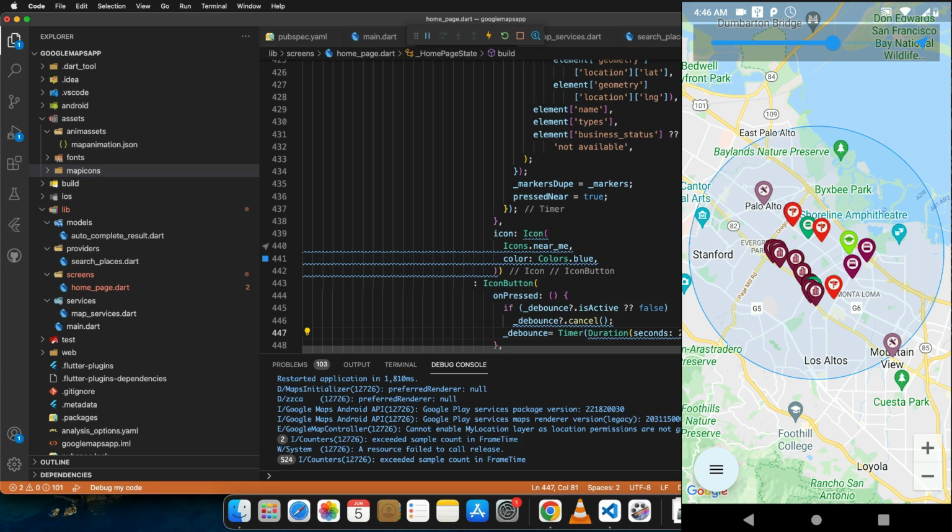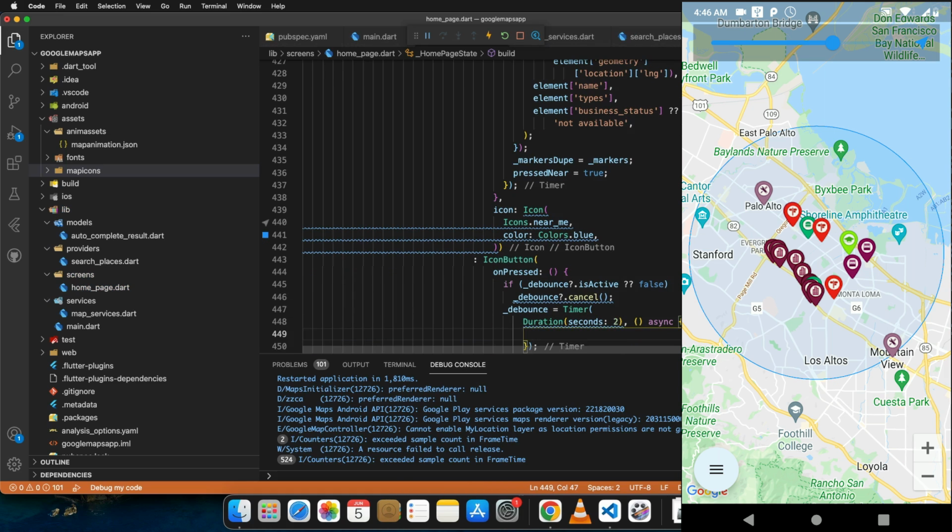This will once again be an asynchronous callback, and inside this, if token key not equals none,